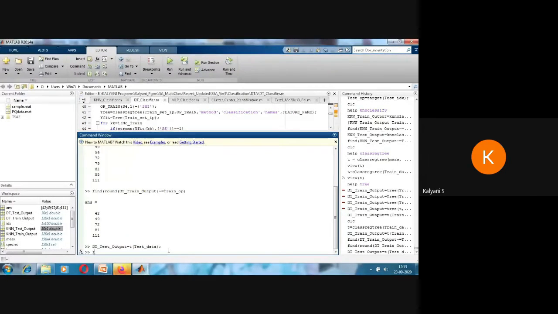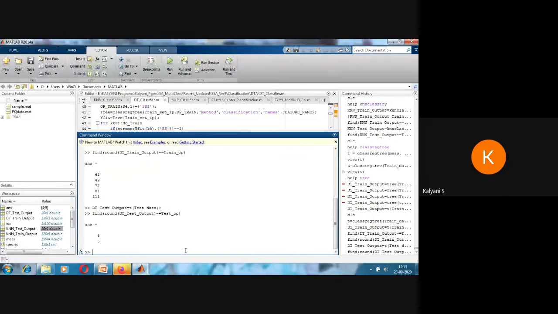Now I am using the find function and comparing the actual test output with the desired output. Two samples here are misclassified, similar to the KNN. In KNN also, you remember the fourth sample and fifth sample were misclassified. So here the testing accuracy is 28 out of 30, same as KNN.